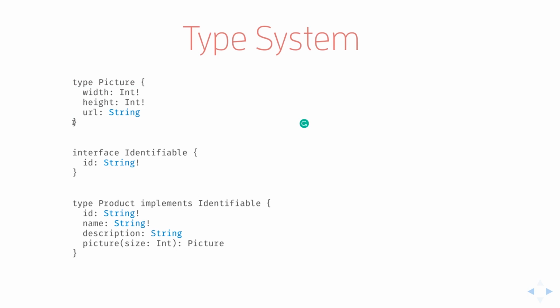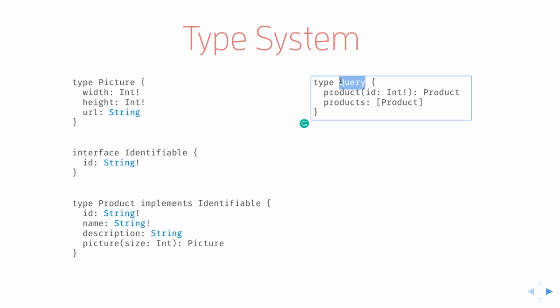So it's going to be much easier for you, with a typing system or an object-oriented programming-looking schema definition language. So you've got all of that. You can also define functions inside of the actual types themselves. So here, picture, and you're going to return a picture, you're going to return a size, and a plethora of things for that. The final thing I want to do, which is the main entry point, is